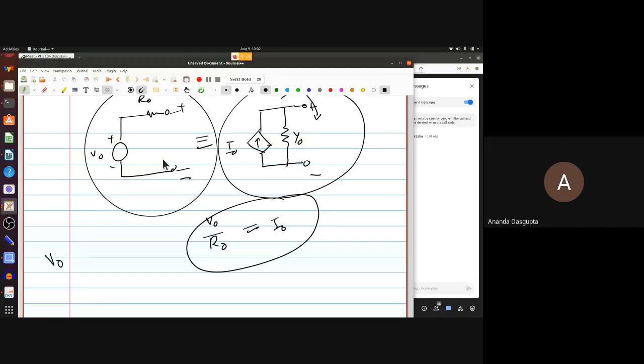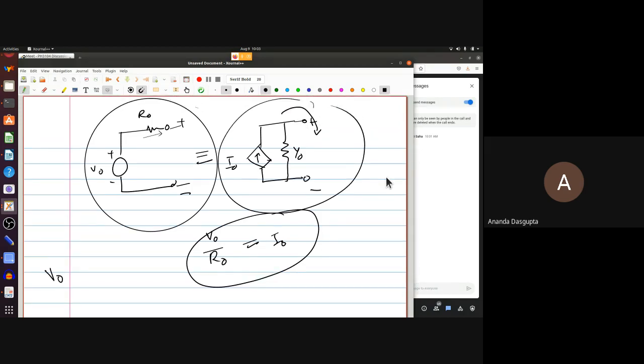Ohm's law actually says V equal to IR, but there the I is the current flowing through a resistance, R is the resistance, and V is the voltage drop across that resistance. So here, if the current I flows across R naught, I times R naught will be the drop across that. Anyway, right now, if it's open, no voltage drops, so the output is V naught. On the other hand, if you did the same thing to the equivalent current source, what would the voltage here be? Now note this current I naught, where does it go now?